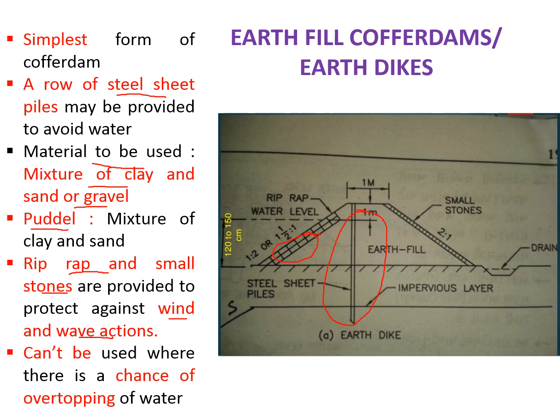Here the slope is given, here the depth of water is given, here this walkway is provided at the top, here also small stones are provided, here drain is provided to collect the excess water. So this sheet pile should enter up to the impervious layer, and this type of cofferdam cannot be utilized where there are chances of overtopping of water, because if some overtopping of water would be there, then it will